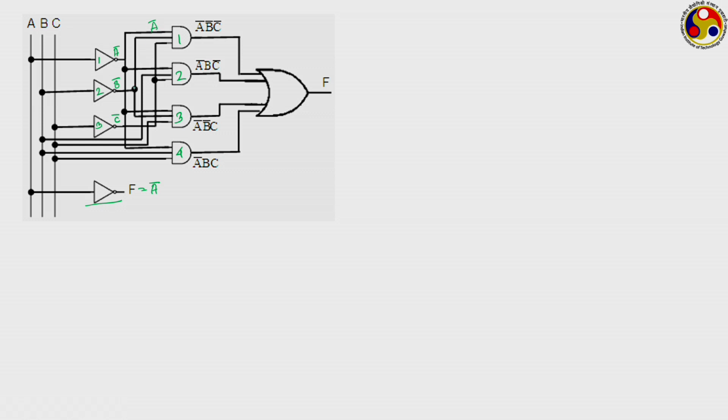If you trace the second input, it leads you to B bar, and if you trace the third input, it leads to the C bar. So, if you combine all of them, you are getting A bar dot B bar dot C bar. Similarly, others also can be combined and we can get any kind of operations from this,